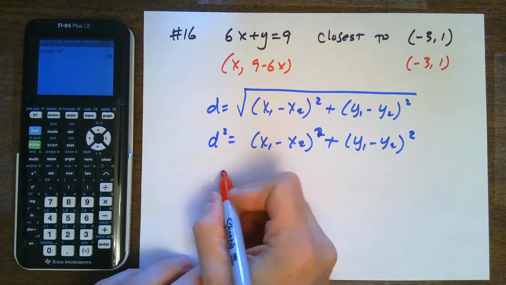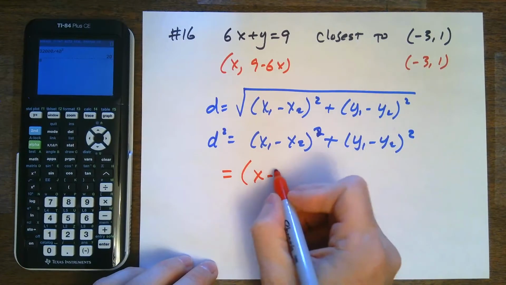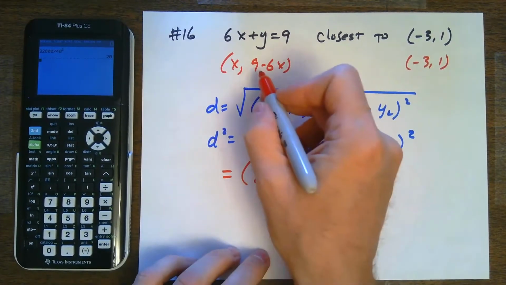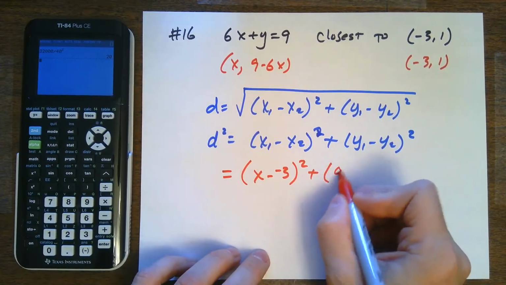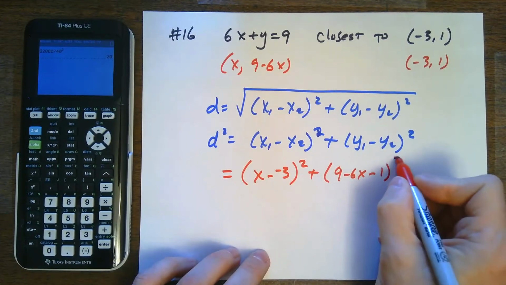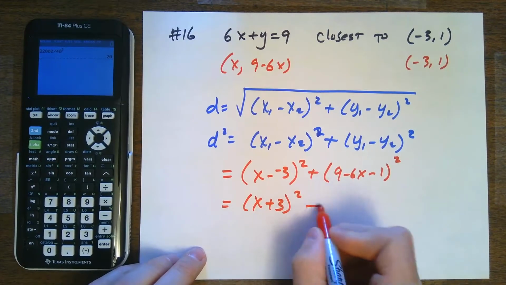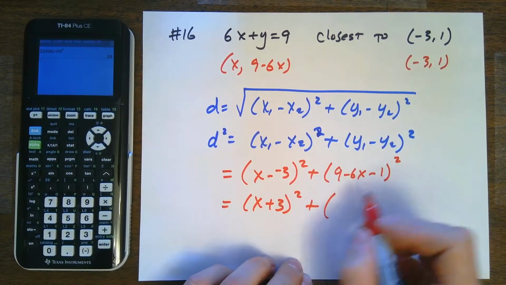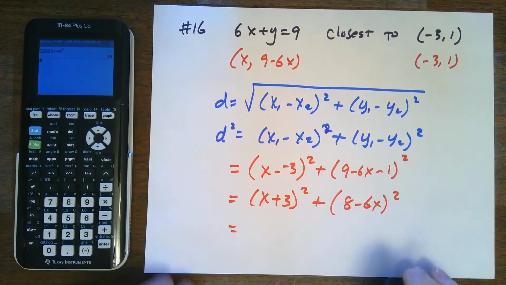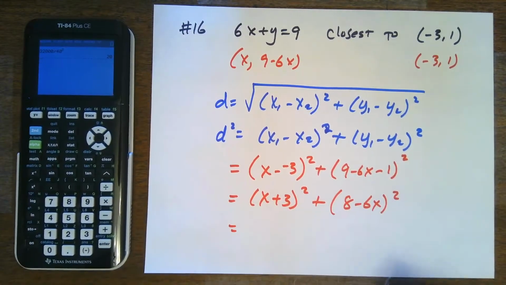So let's see. I'm going to say that this is going to be equal to x minus -3 squared plus y, which is 9 minus 6x, minus 1 squared. All right, let's clean this up here a little bit. x plus 3 squared plus 9 minus 1 is 8 minus 6x squared. I know I'm going to have to take the derivative here in a moment. I could use the power rule here, but I'm just going to FOIL it all out and make it into a